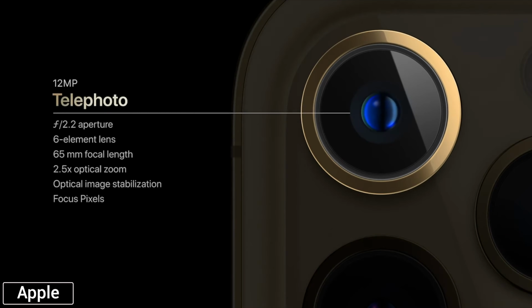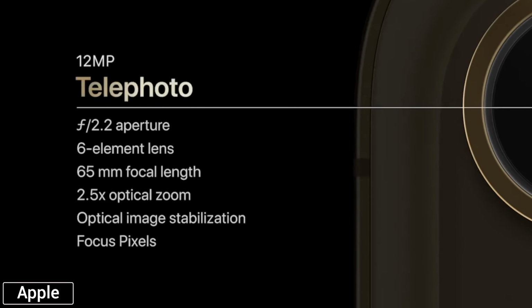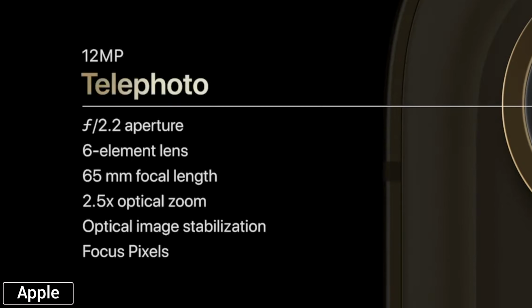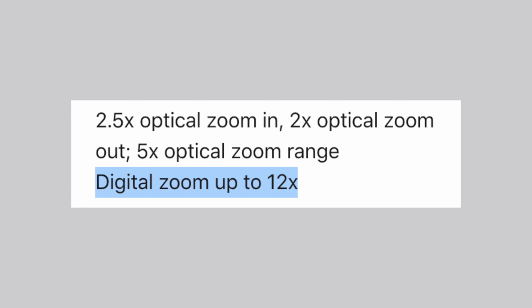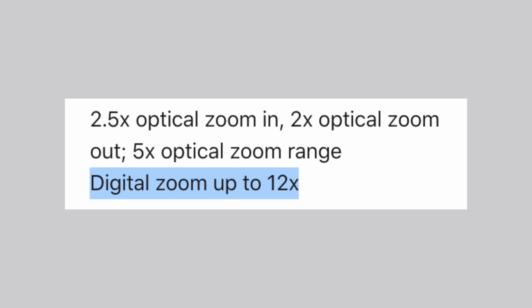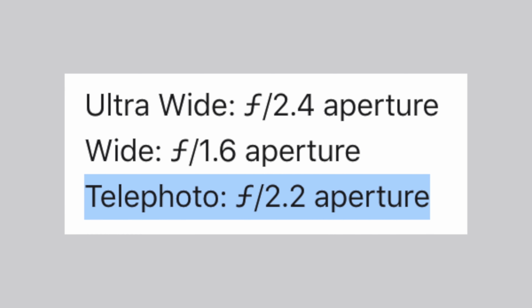On top of that, the 12 Pro Max gets a slightly longer 2.5 times optical zoom telephoto lens with up to 12x digital zoom, but the aperture does get a little bit slower to f2.2 to allow for the extra zoom. Both of the iPhone 12 Pro models come with the brand new LiDAR Scanner, which projects lasers and then